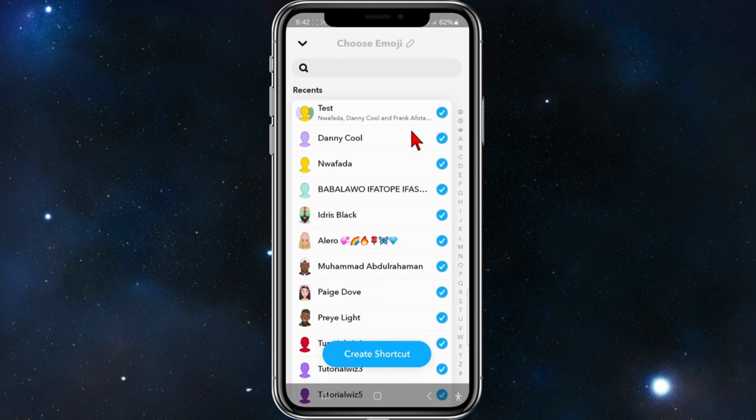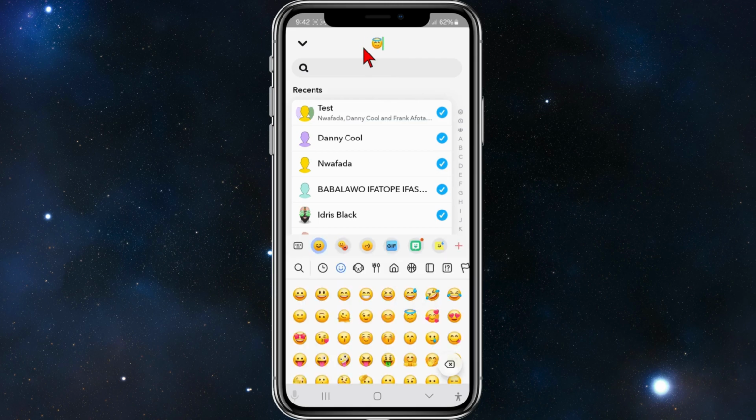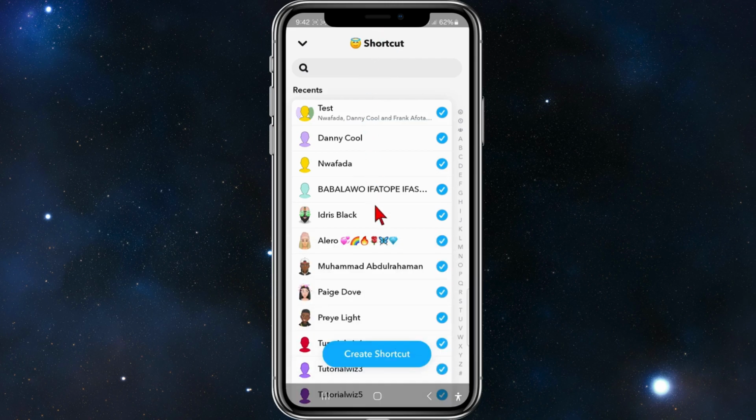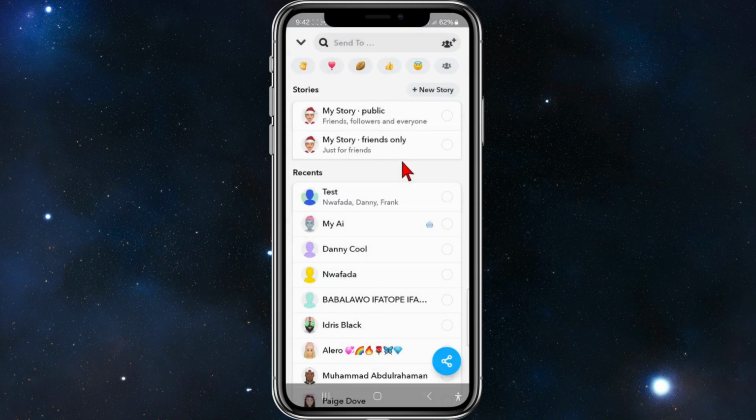And now what you need to do is choose an emoji for this shortcut. So I'm just gonna use this one. And now click on create shortcut. And now that shortcut has been created. So if I go back and if I click on that shortcut here,